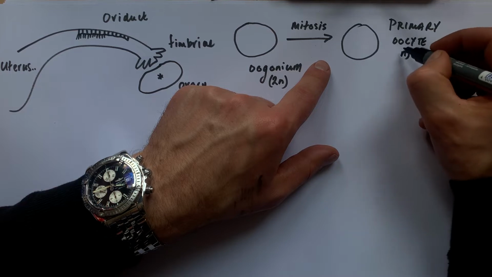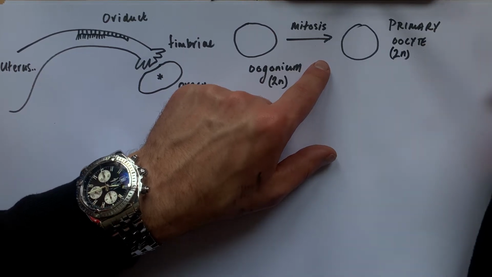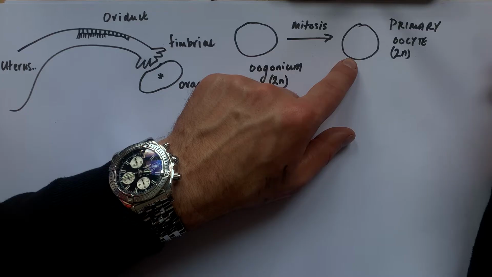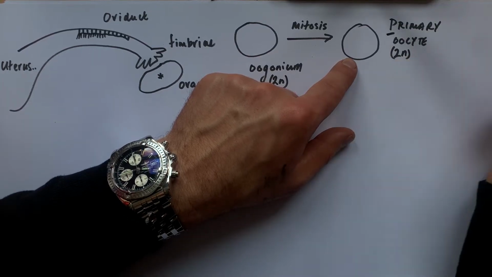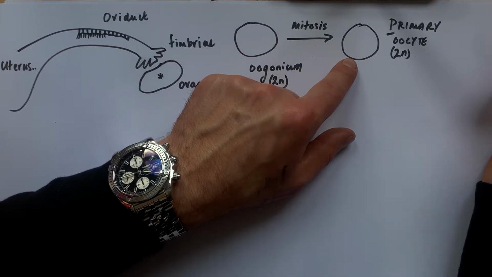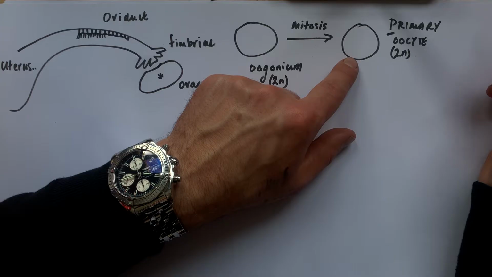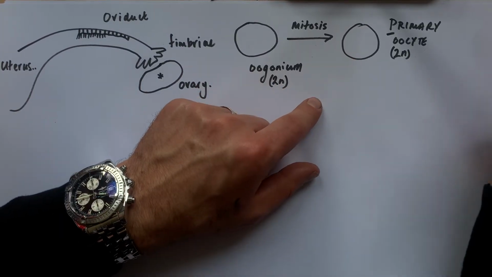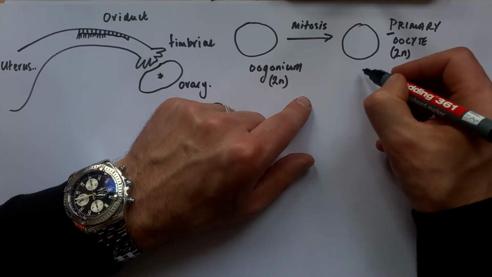Now this is a diploid cell, and this cell is going to undergo meiosis 1. So you want to think primary and first meiotic division. So it's got two sets of chromosomes. It's the primary oocyte, but only one of these is going to further develop each menstrual cycle at the start of the menstrual cycle. So the primary oocyte then undergoes